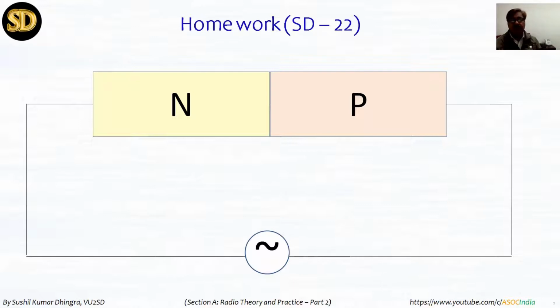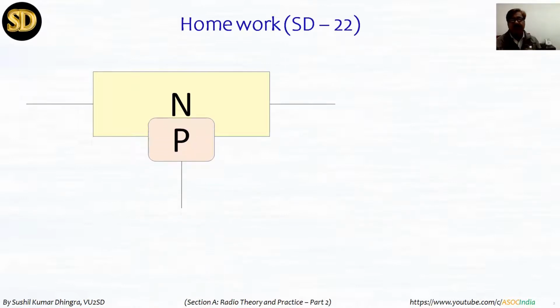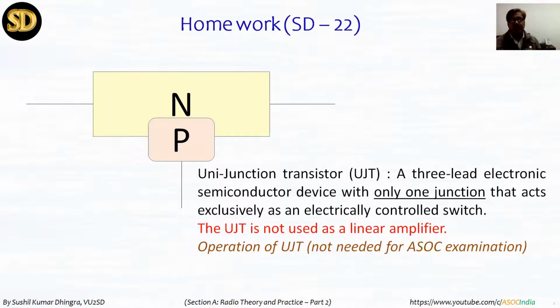So if you remember, I had given a PN junction in which I changed the connection. I changed from a P-type semiconductor bar and connected the other way in an N semiconductor bar. What happened to this one? My question was, instead of 2 terminals, now you have 3 terminals. What is this? Now coming to the answer straight away. This is the uni-junction transistor, UJT.